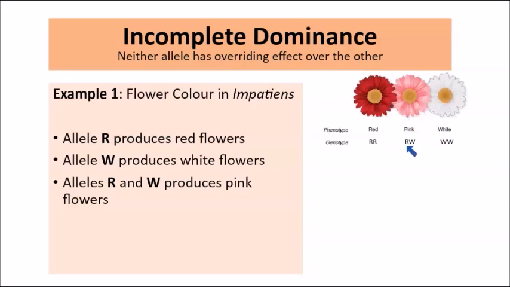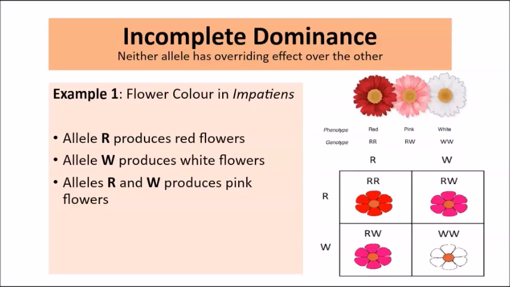So as you can see, there's no complete dominance. There's no allele that is particularly dominant over the other. There's a combination of these two that would produce the expressed phenotype, which is pink. So whenever there's an R and a W, when those two alleles come together, they produce pink flowers. So this is the Punnett square set up here. So if we had two pink flowers